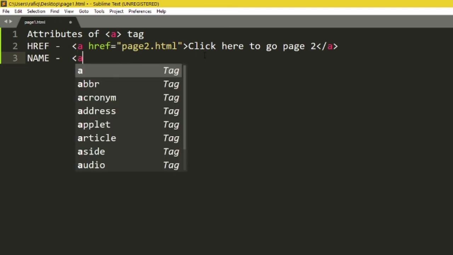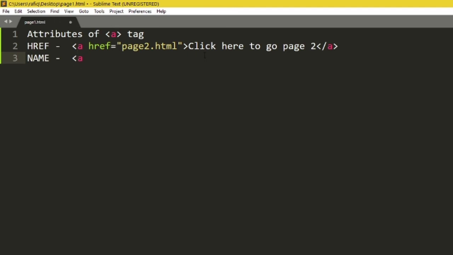For example, a name equal chapter 1, close. Then you can write the chapter name or something, a close. Remember, the anchor tag is a container tag.